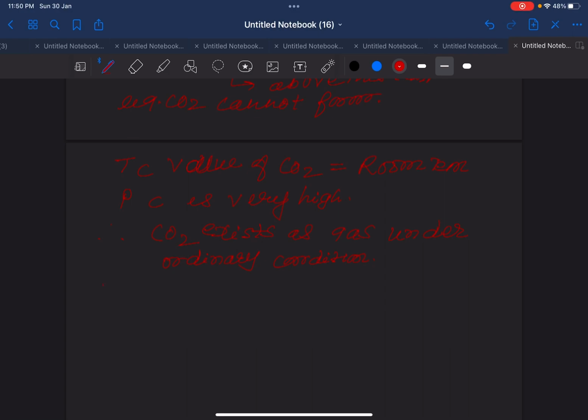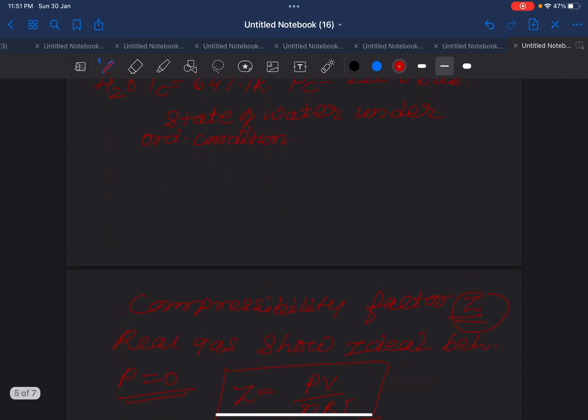अगर हम बोलते हैं कि वाटर हैज़ critical temperature 647.1 Kelvin and critical pressure equal to 220.6 bar. What do these values give information about the state of water under ordinary condition? तो हम लोग बोल सकते हैं कि